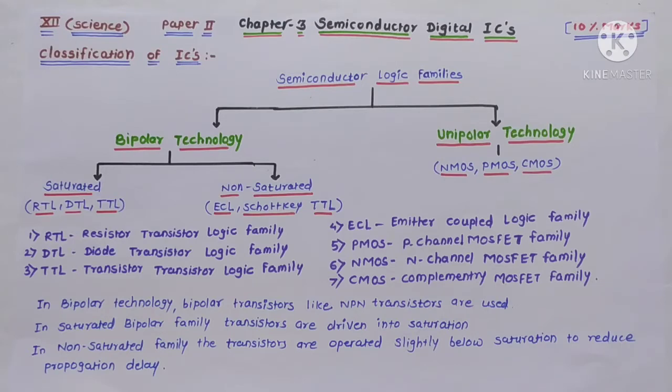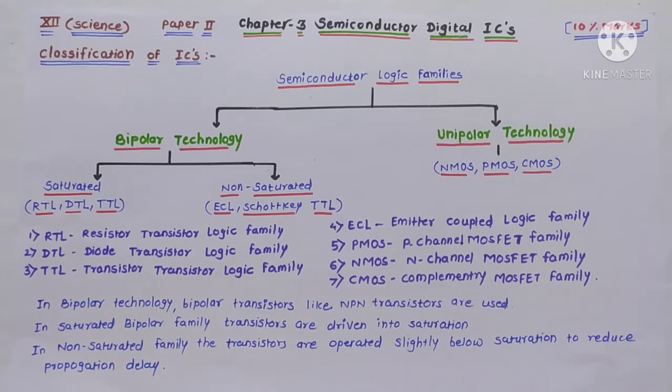Instead of mechanical switches, these semiconductor devices are much faster and they are manufactured on a single chip or in a single package. The integrated semiconductor ICs have significant advantages over normal discrete circuits, such as small size, light weight, low power consumption, high speed and reliability. So in this chapter, we'll see some specifications of ICs and two families of semiconductor digital ICs, the TTL and CMOS families.